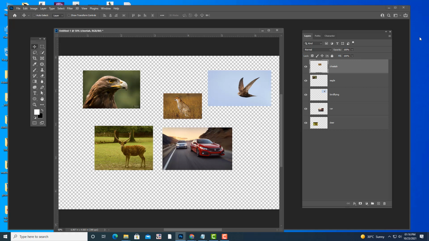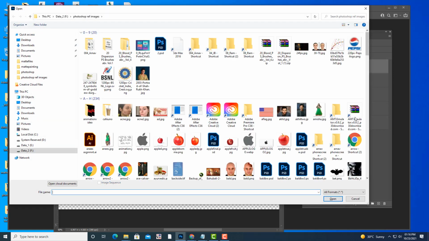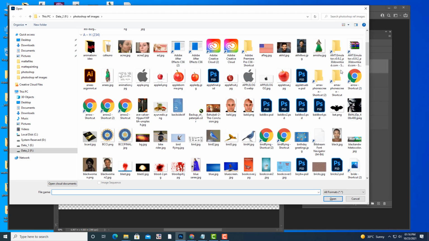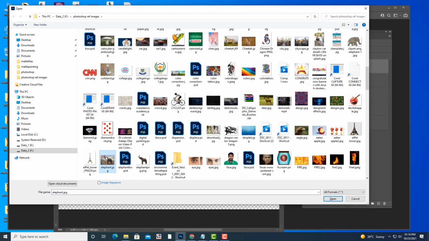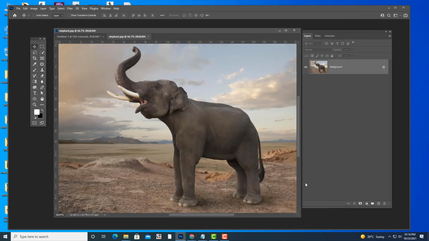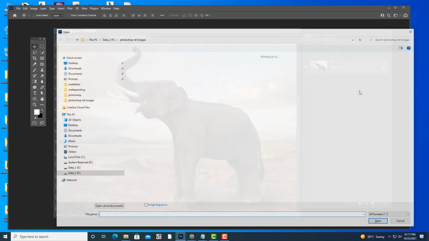And see here, there is something called flatten image. What is a flatten image? Before telling you about flatten image, I want to tell you something. Open any image, just open any image. For example, I am going to open this elephant image. When you first open an image, what is the first thing you see in the layers panel? You see a background here, and there is a lock. Any image you open. See, I am opening one more image.